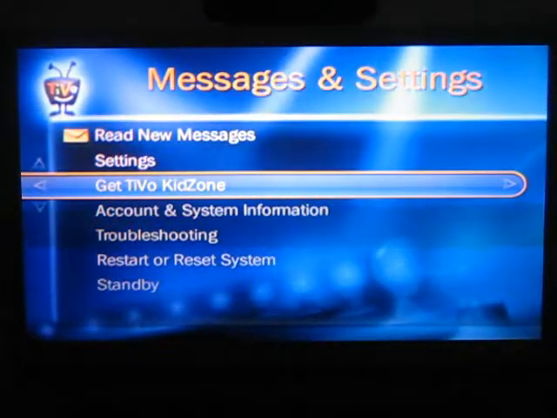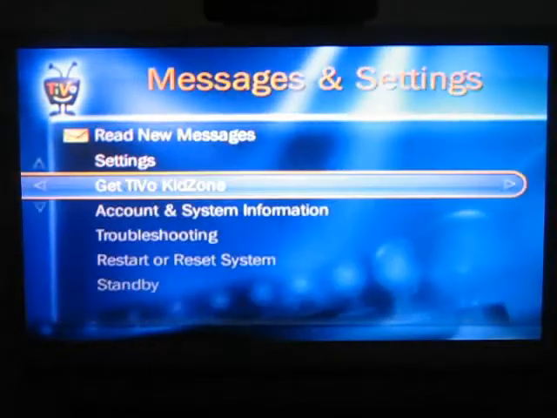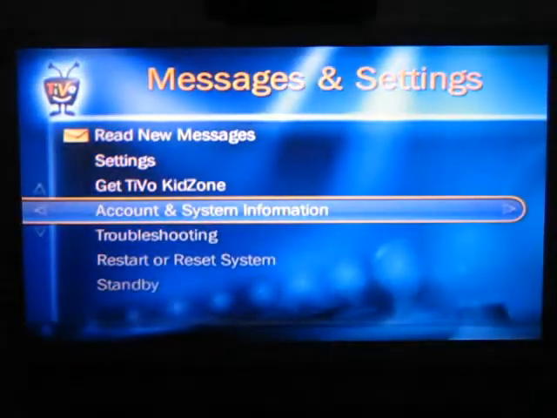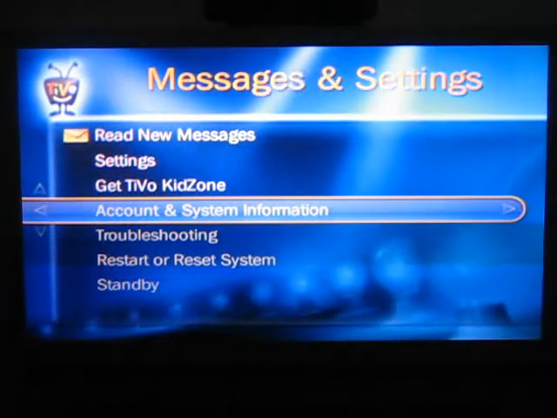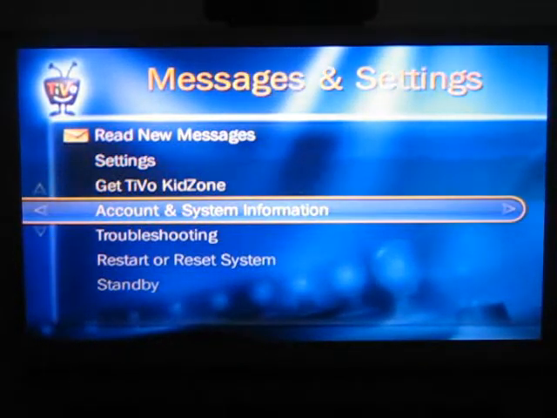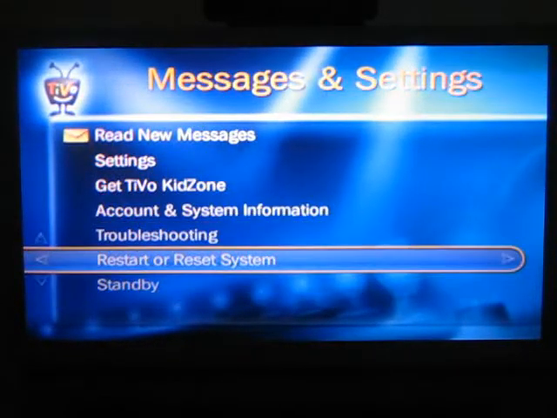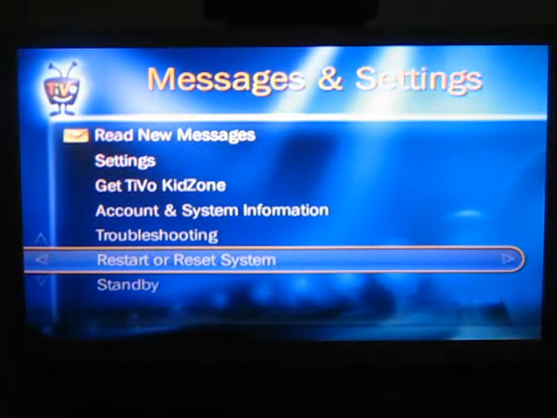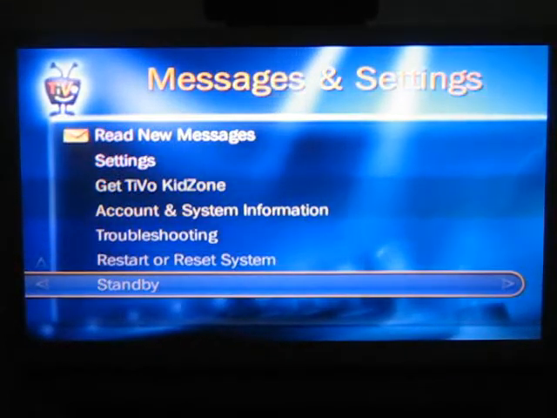main settings menu, get TiVo Kids Zone. I'll let you have a quick look at that. Account and system information. That's just a lot of the details about my box, and I'm not going to show you that because I don't need you knowing my specific box information. We can do some troubleshooting. Of course, we can completely reboot our system and reset everything that we've put in here, or we can put it in standby mode. So those are the